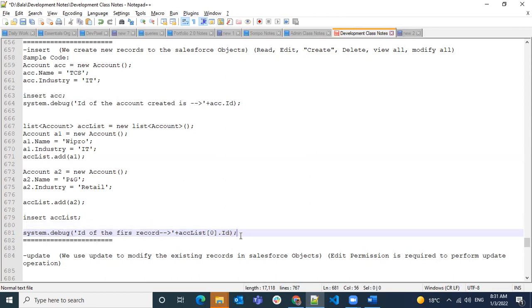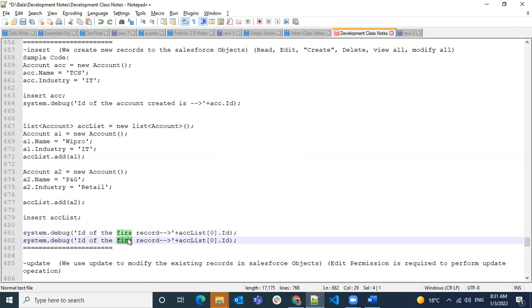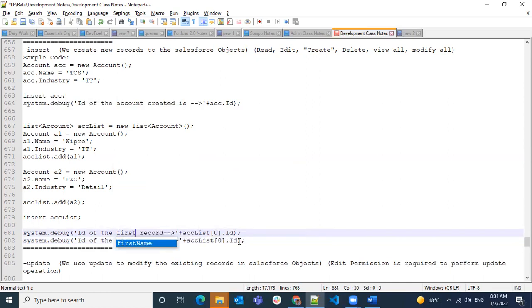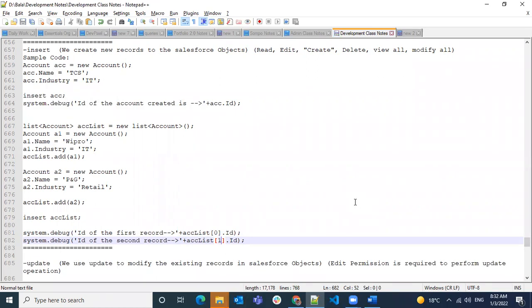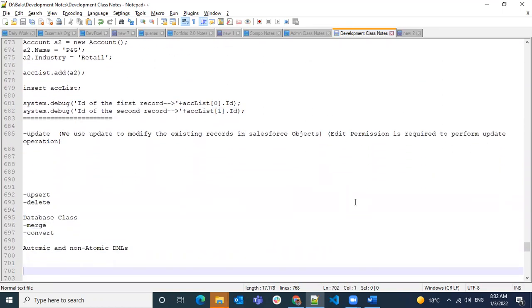If you have a second one, what will be the index of the second record? 1. Okay, 0 and 1 is how we used to see. So when you do an insert operation, the ID value will be automatically assigned to the same variable after the insert operation. That's how we can access the ID value of the newly created record.